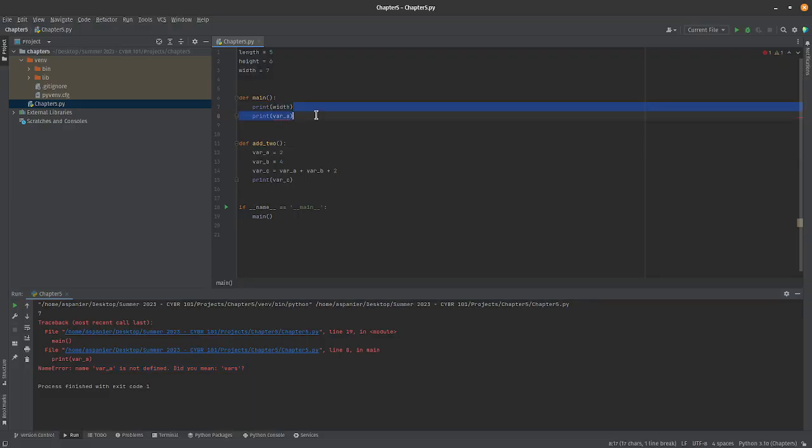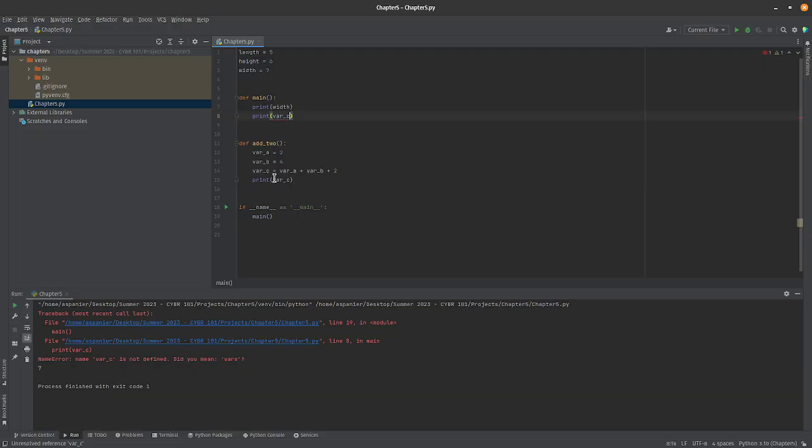Now, if I change this and I say let's print var c, we're going to get the same error, right? Because it's not a local variable, right? Now, if I move this, well, actually, I don't even move it. I can delete it, and I can instead do this function call from my main method. Okay, so if name equals main is where it starts. It says, okay, name is equal to main, call main. So it calls main. It prints out the width, which it's printing that 7,